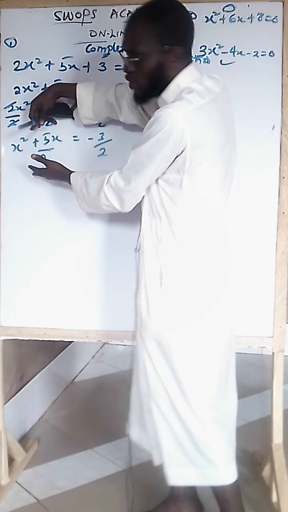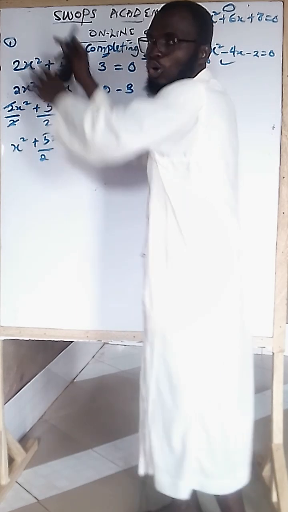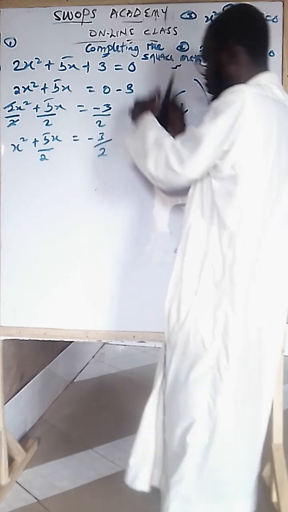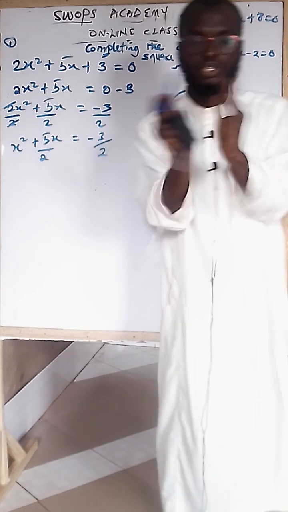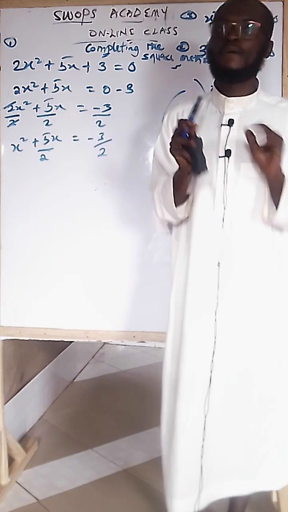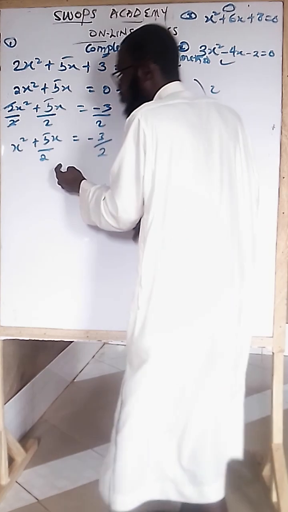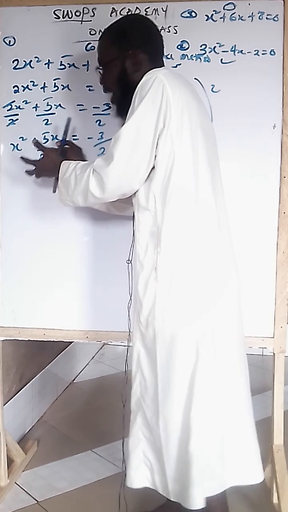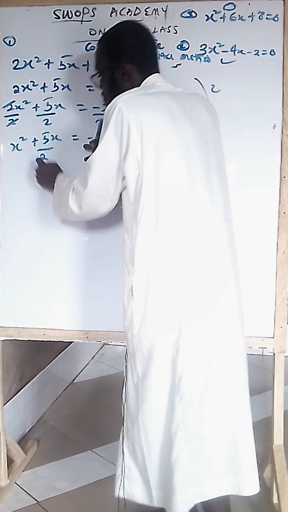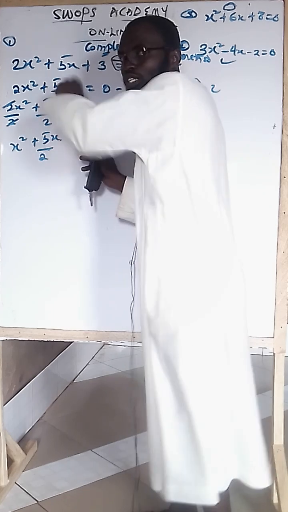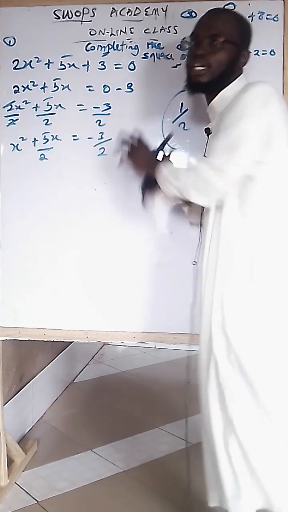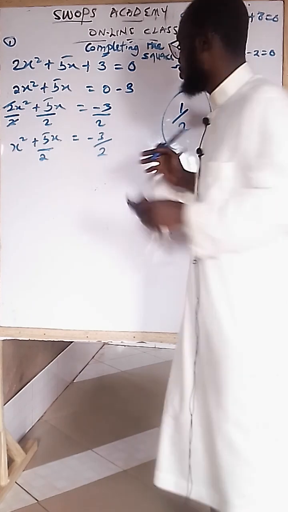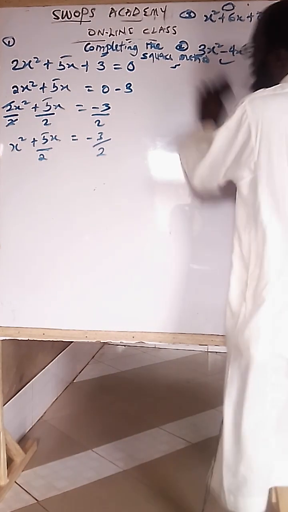But if you are doing so here, you have to bring the whole thing to the other side, for both sides to be balanced. That means when I'm adding half and square to this variable b, I'll bring the b, which is 5x over 2, with the half I'm adding, with the square I'm adding, to this side. It's very easy to balance the expression. Are we together? Now let's quickly make that the third